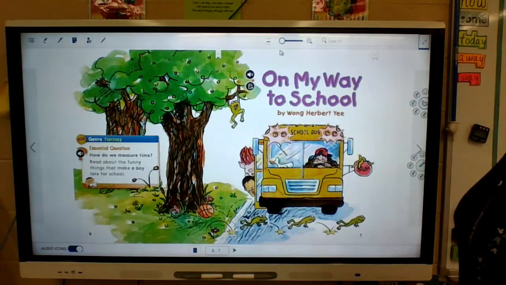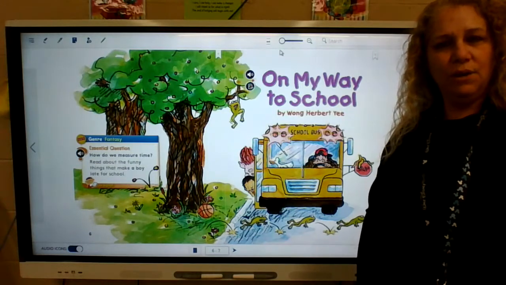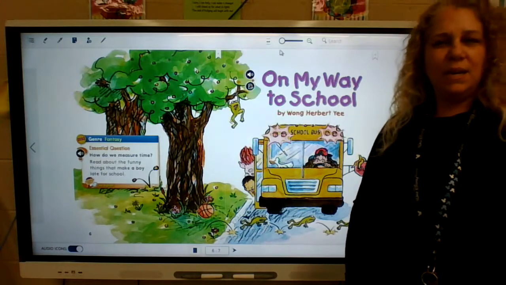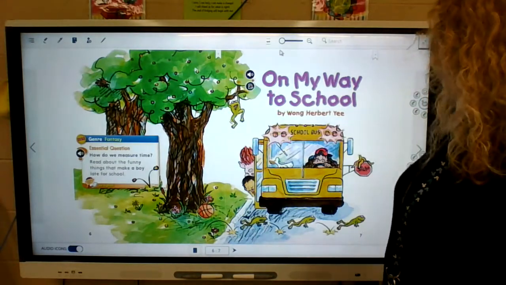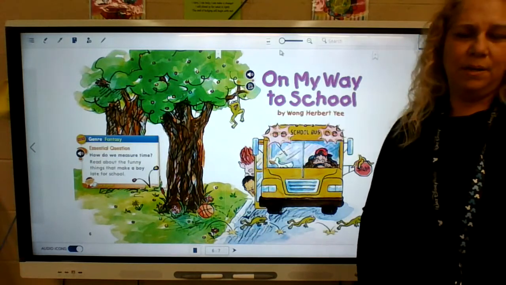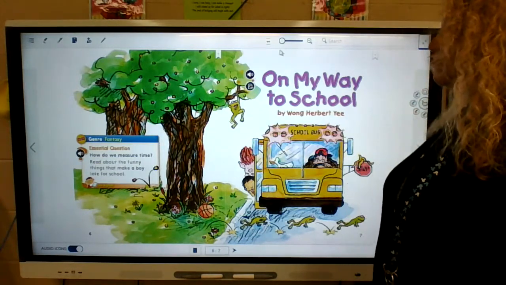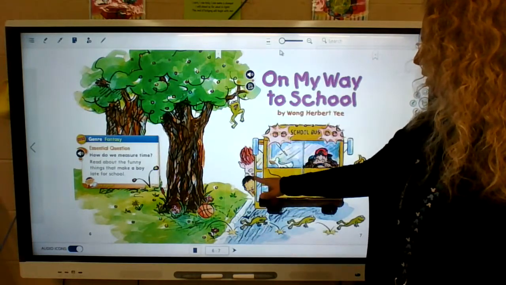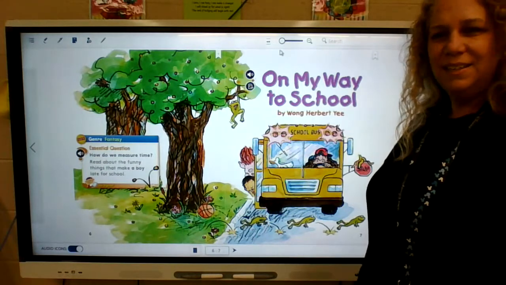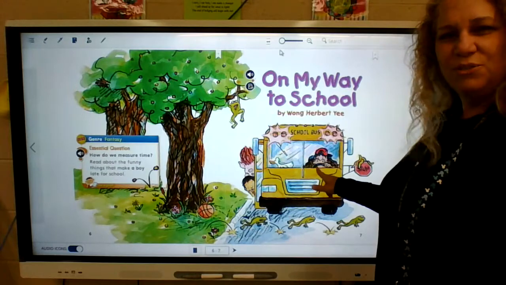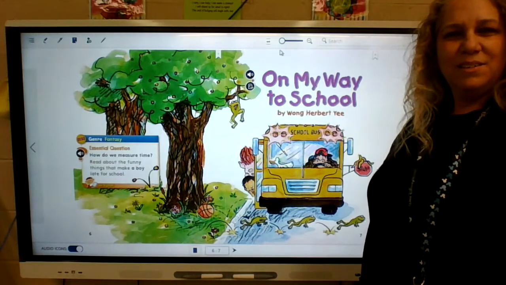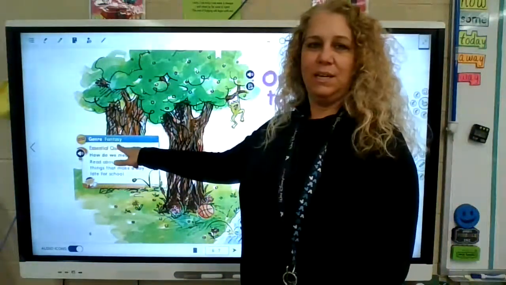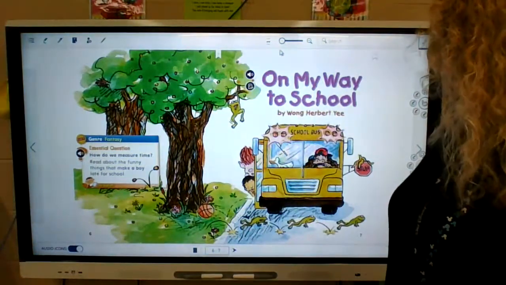So do you think this is nonfiction, a real story about real things? No, it looks like it's going to be a silly story, right? So we think it's going to be made up fiction, right? Fiction, but even made up to the point where it can't really be real, can it? Can a pig be wearing a wig and making a face like that? And a gorilla driving a school bus? So that means this kind of a story is a fantasy. Means it cannot really happen in real life.